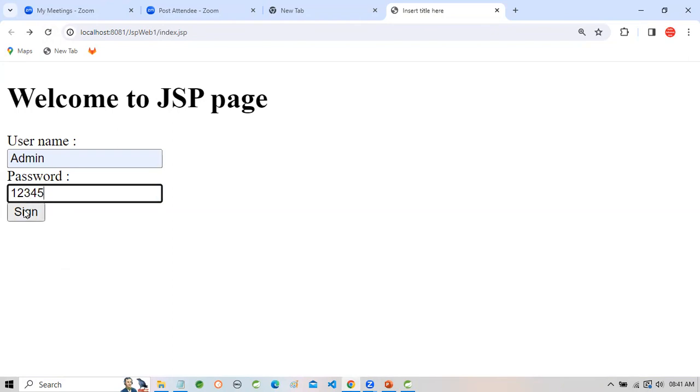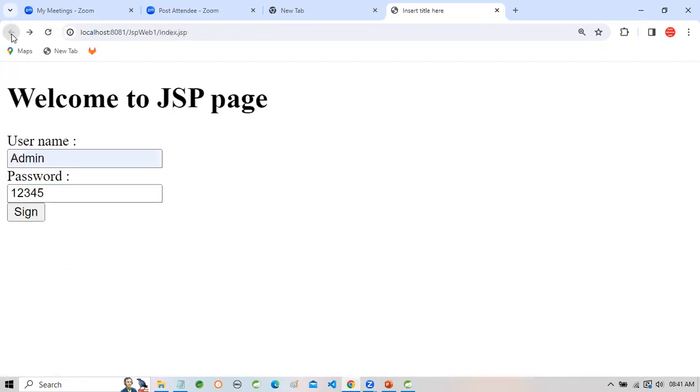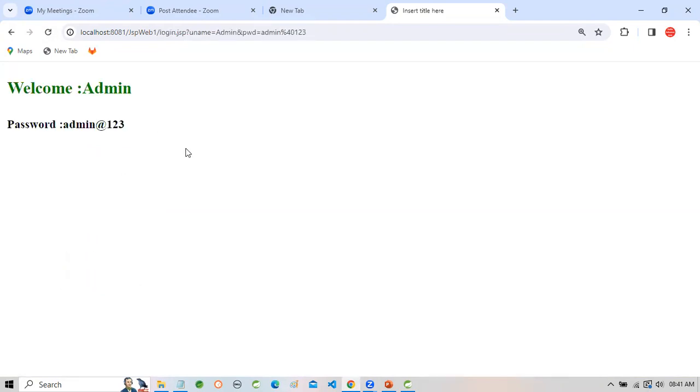1 2 3 4 5. Click on sign in. Incorrect username or password. We have input admin at the rate 1 2 3. Okay, it's correct. That is a simple example of